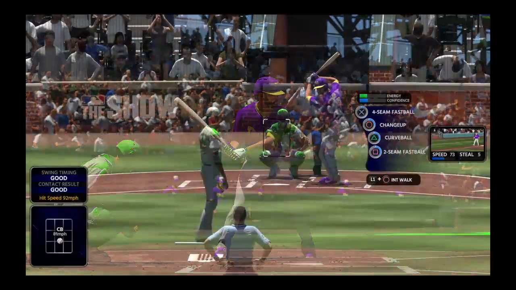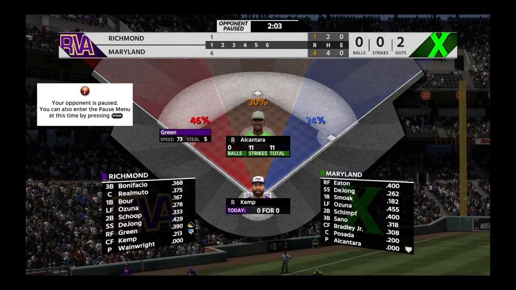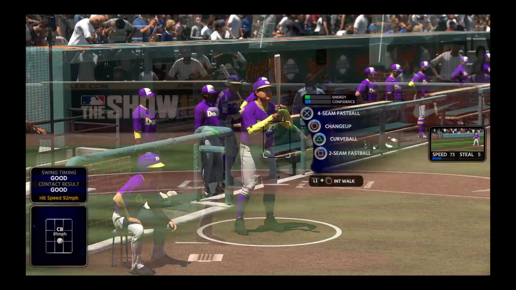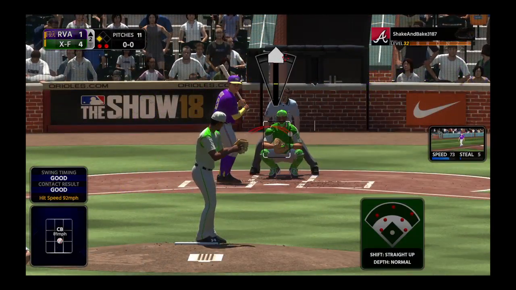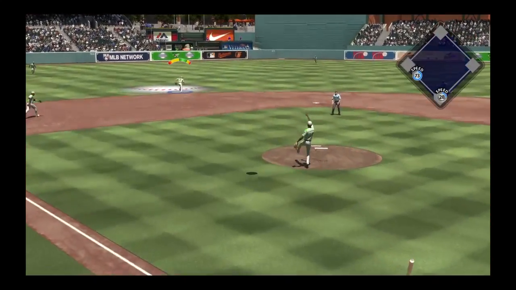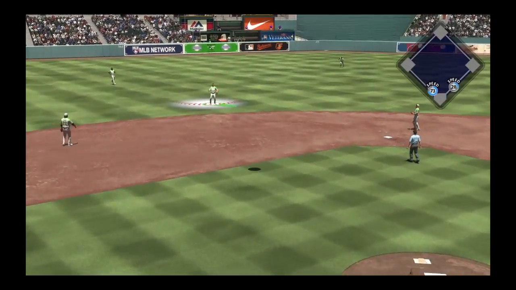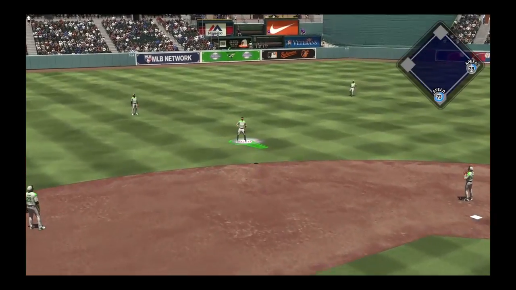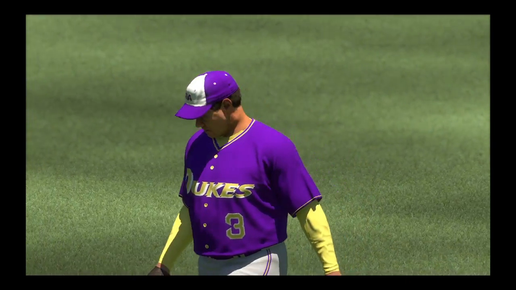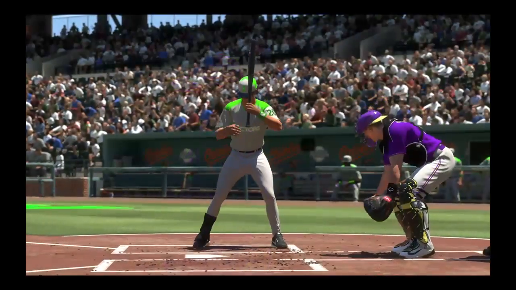Digging in, Matt Kemp. Hoping to get that guy home, he'll be charged with the job as he'll pinch hit with 2 gone and a runner at third. Lifted the other way to left center. DeJong is there, and that retires the side. Now at the plate,